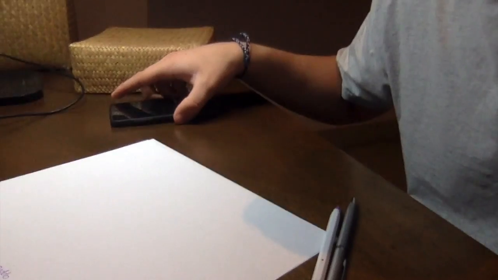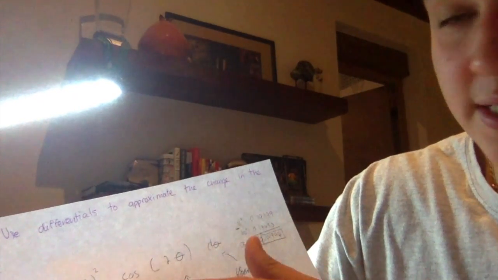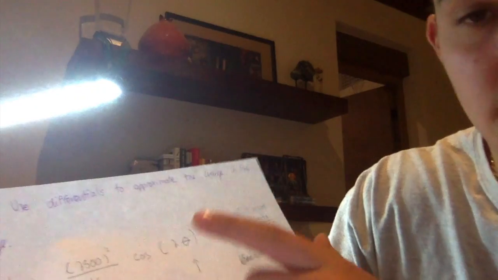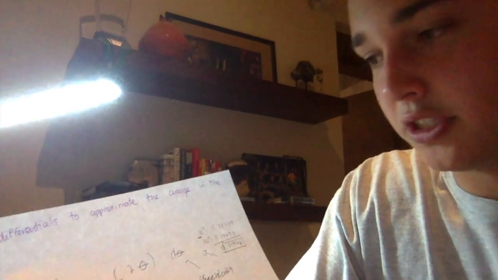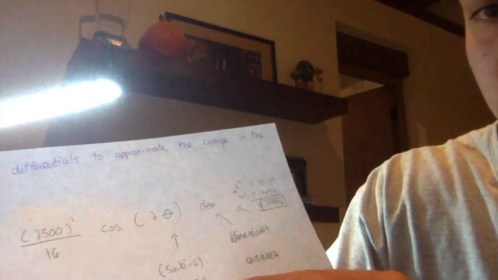So now that we have our first problem resolved, we need to use differentials so we can approximate the change in the range of the projectile. So I'm going to start to work here, and then I'll show you all the process. What I did in number B was to use differentials in the formula. I kept the 2500 squared, but instead of over 32, it's over 16, and instead of sin, it's cosine, because it's a differential. Then you need to multiply the cosine